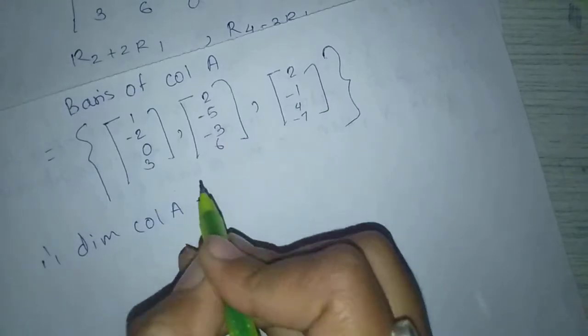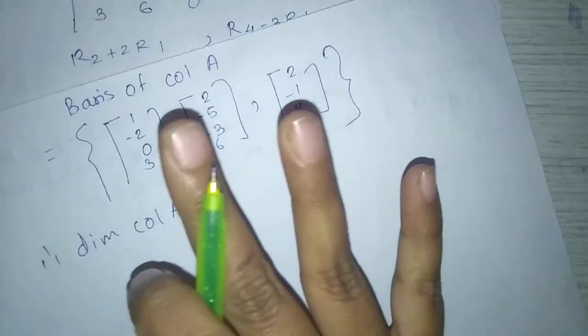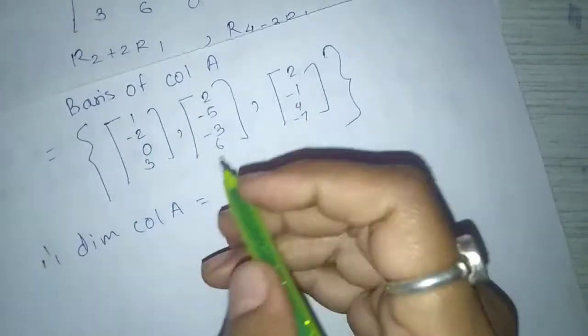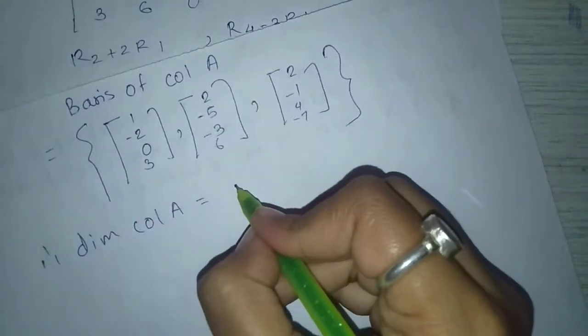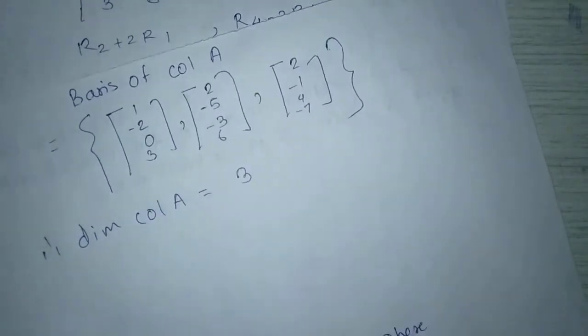Therefore, dimension of column space of A equals number of vectors in the basis, nothing but 3. So dimension of column space of A equals 3. Next example,